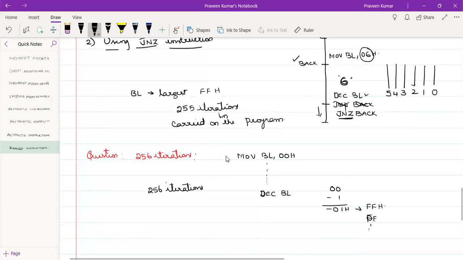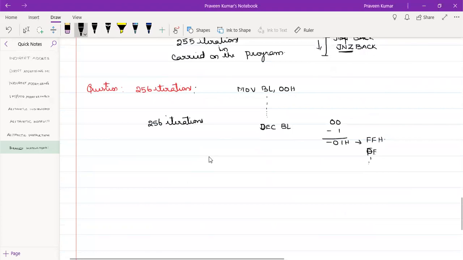This may not give an exact solution, but it will give an absurd answer and an inappropriate result for our program. The next looping, the third one, is using loop instructions.